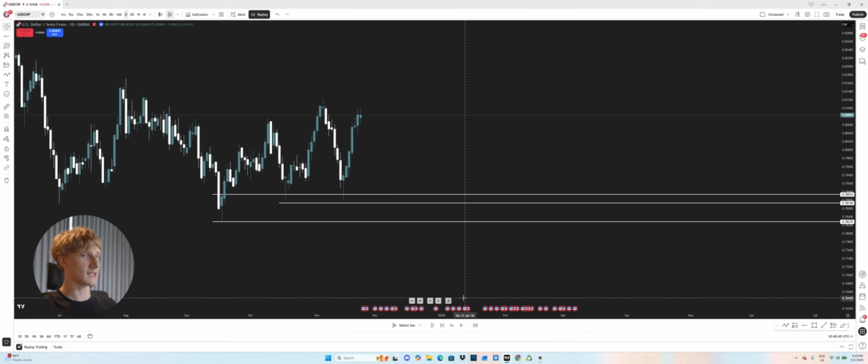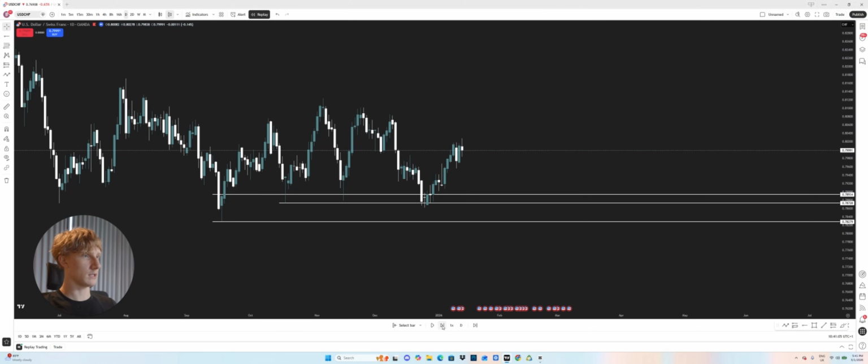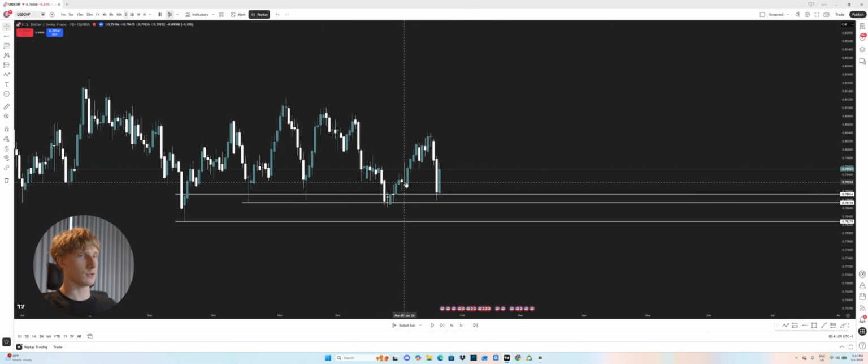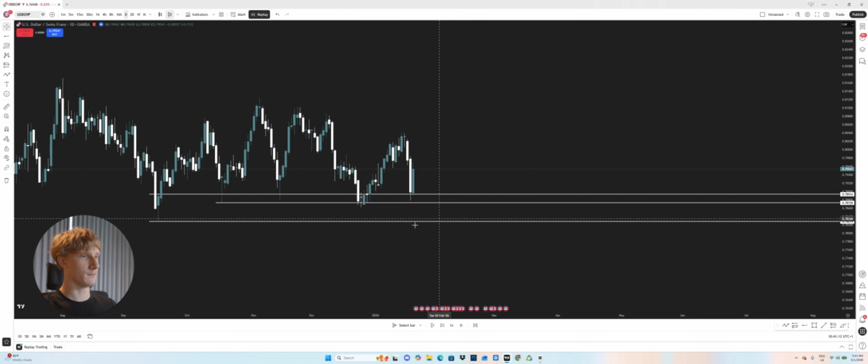Okay, so we can still technically trade this zone, but it's very, very close. So let's see what happens. See if this zone is still respected. Okay, cool. We've now tapped into this zone. Okay, looks like we're getting a nice reaction from it. Cool. So we got a nice reaction from it. So we could have caught this trade right here.